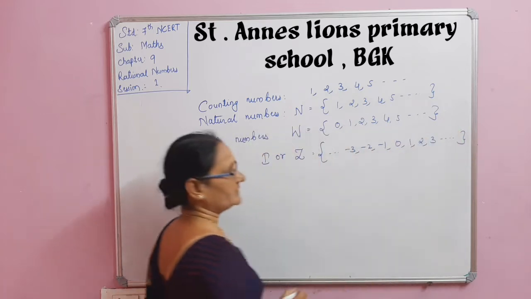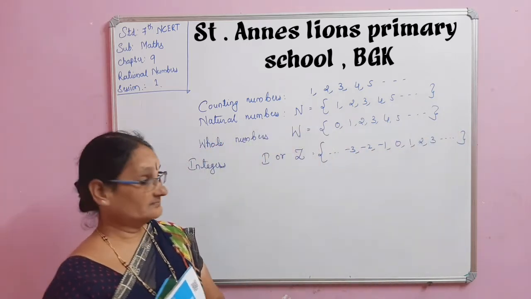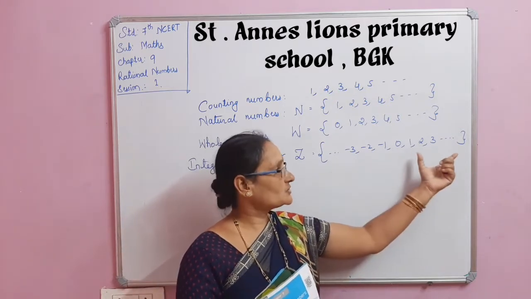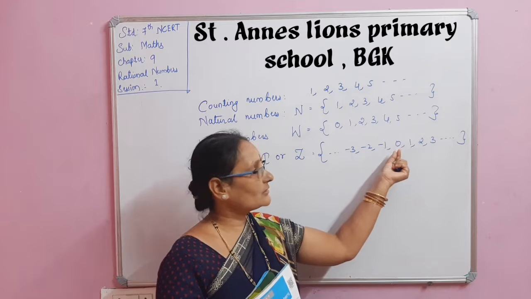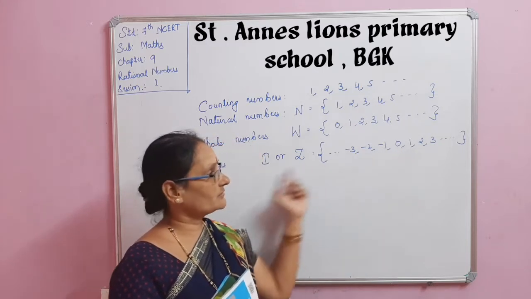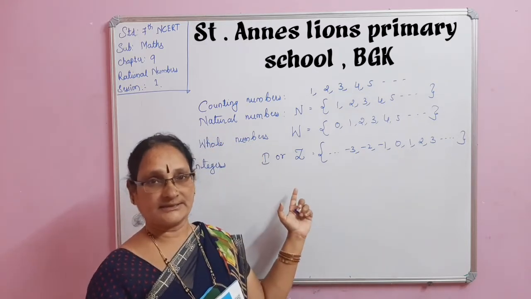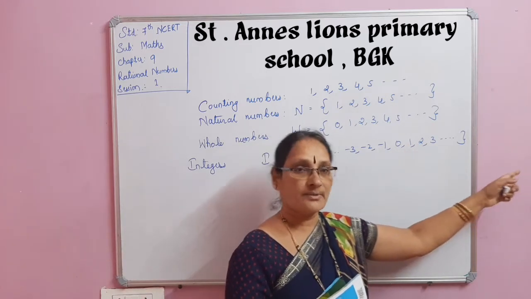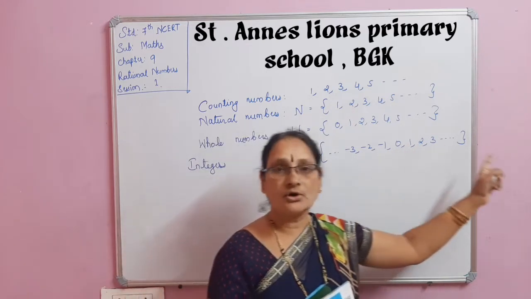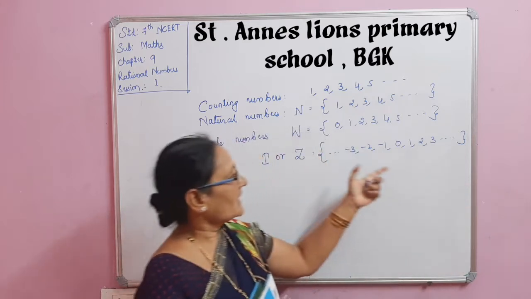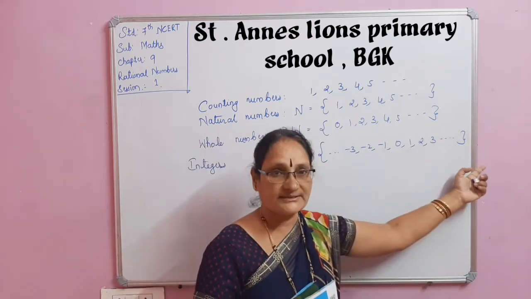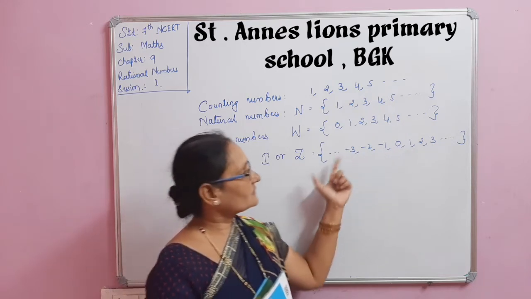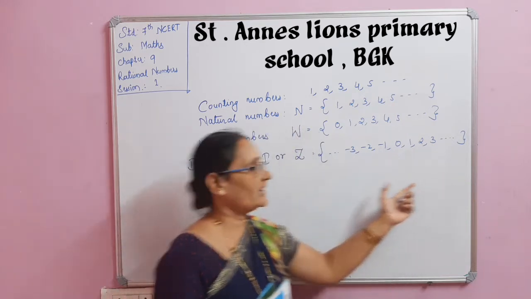Integers means negative integers also will be there, positive integers also, and 0 also. You observe this set is a very big set. In this, from 1 onwards are natural numbers, from 0 onwards are whole numbers. Along with this whole number set, negative integers are added in this set. This complete set is called